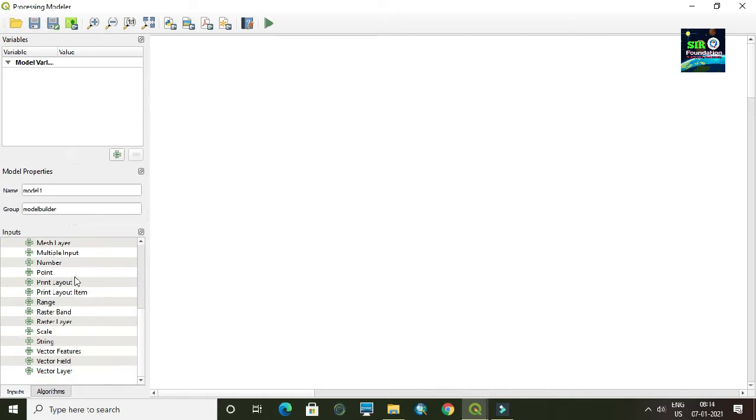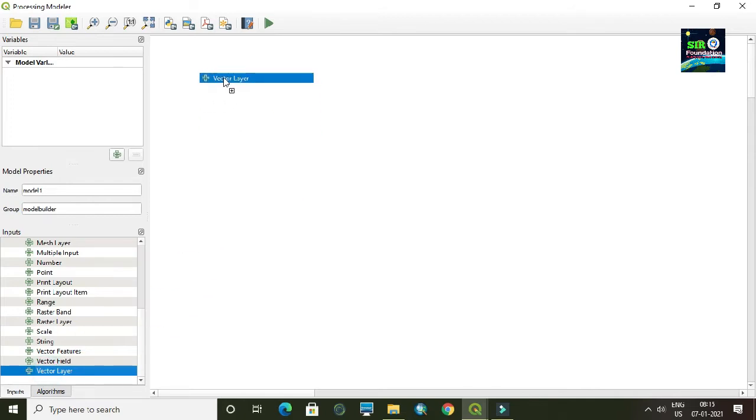The list is very long over here. Basically I want to take two inputs for the clip operation. I will take the India road network shapefile and the Karnataka district shapefile in this model builder, but both are vector layers. That's why I am adding a vector layer over here.